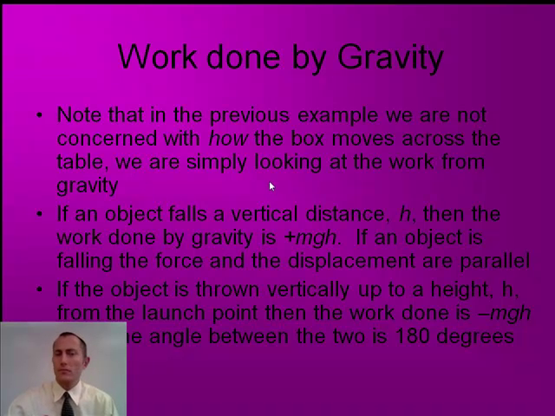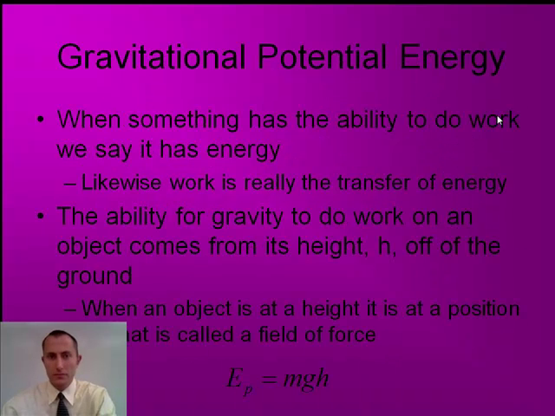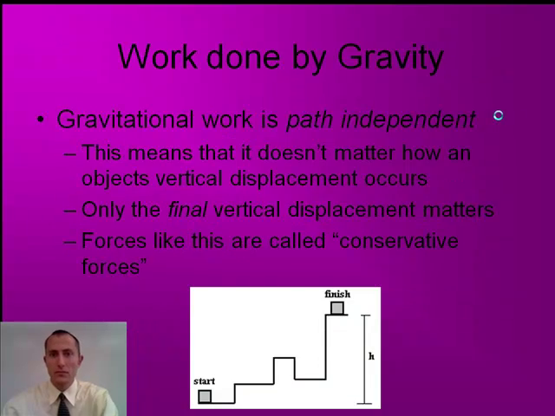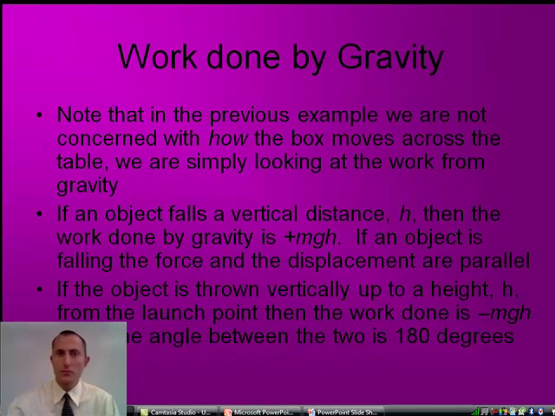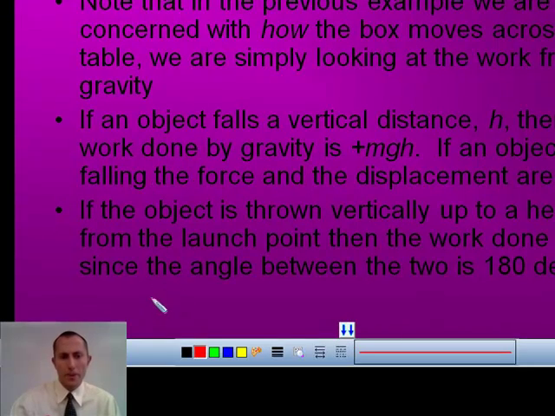But if the object moves vertically, so up or down, now gravity is playing a part. Now gravity is causing a change in the energy. Gravity is doing work on the object. And that work, if we remember, work is equal to F d cosine theta,